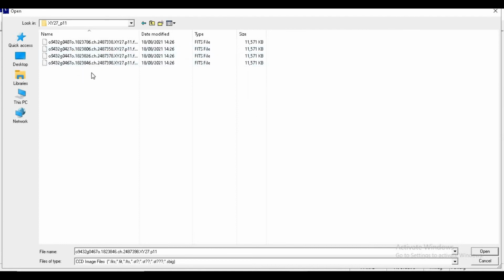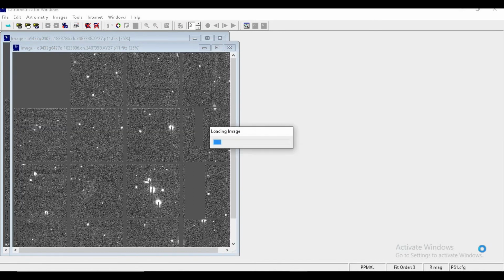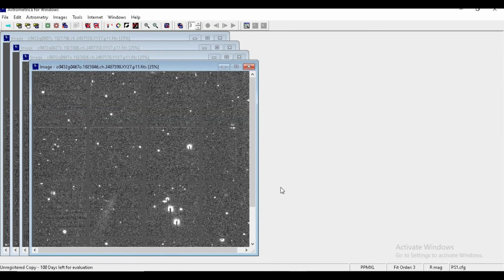We need to select all 4 FITS files and open them. As soon as we open them, we'll see all 4 images having 25%, 25%, 25%, 25% in the title. These 25% images will merge and form a 100% image. I'll show you how we get the 100% image and how we can search for moving objects.